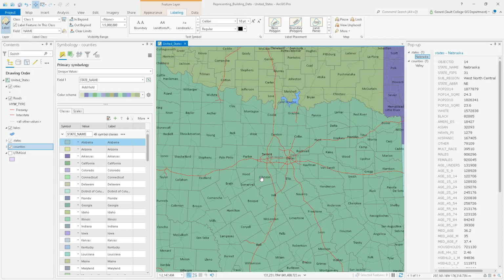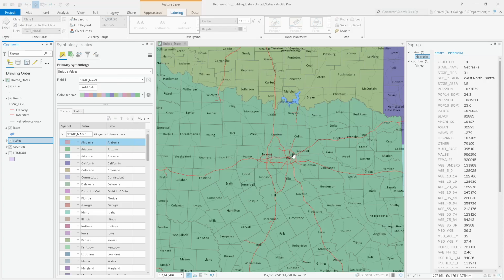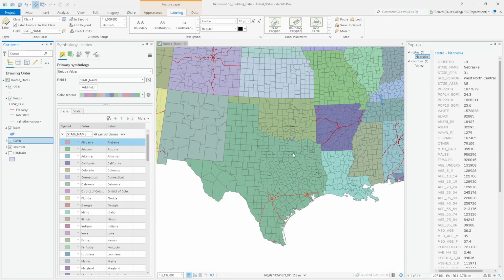Now the state labels, let's set them up so that those labels disappear in beyond, I don't know, 1 to 5 million, I guess. So that's easy to do. There's the states layer, we activate it. Let's go to the labels, and in beyond 1 to, let's go 5 million here instead. So we zoom out to 8 million, and